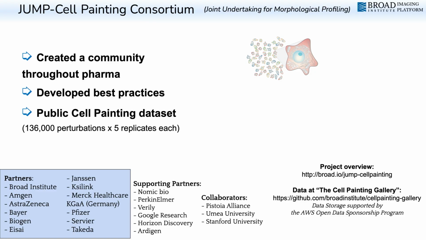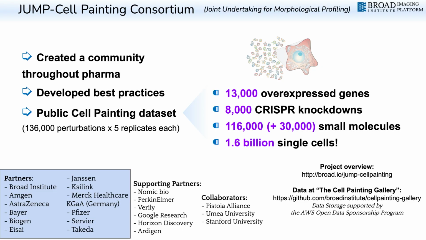We launched the JUMP Cell Painting Consortium in 2019. This was a consortium of 10 pharma companies and several academic labs led by us at the Broad. And together we created the world's largest cell painting data set. It's a collection of 116,000 small molecules and 30,000 more that we threw in from before, and about 3/4 of the human genome that were perturbed. This is about 1.6 billion single cell profiles,